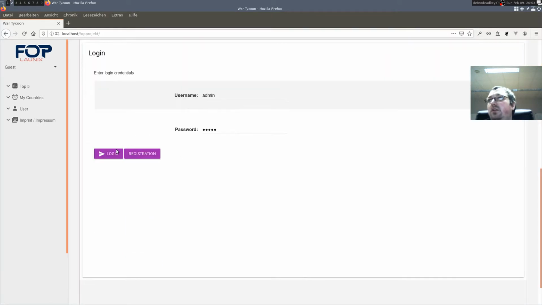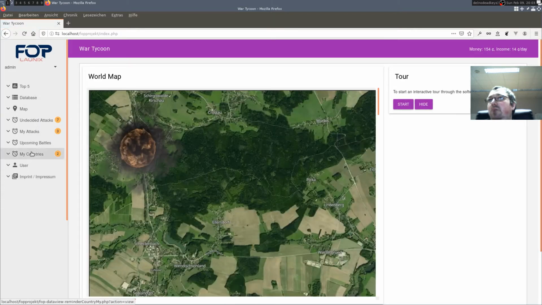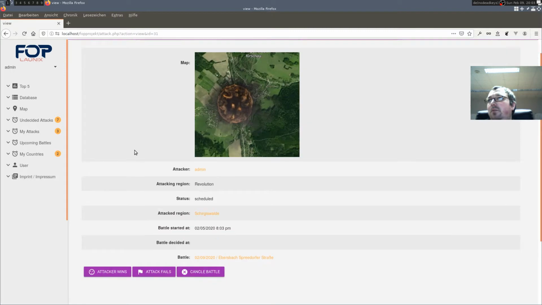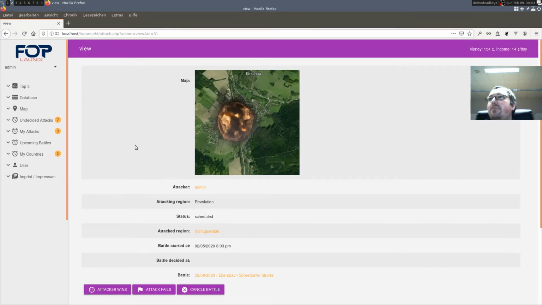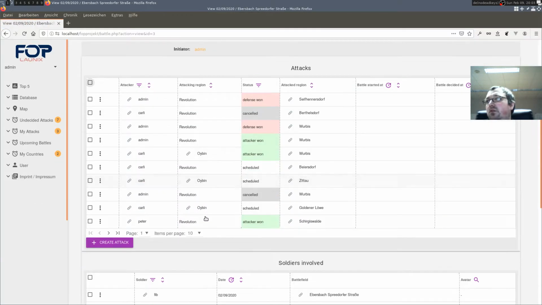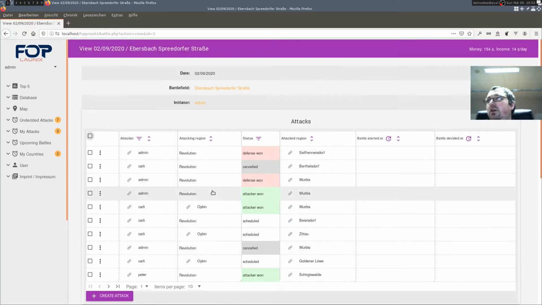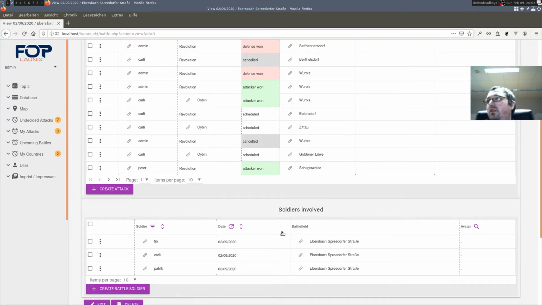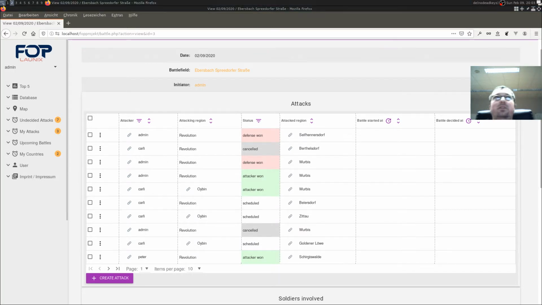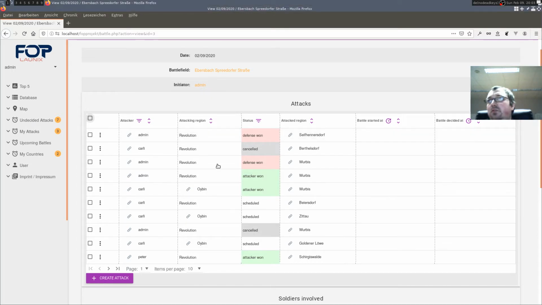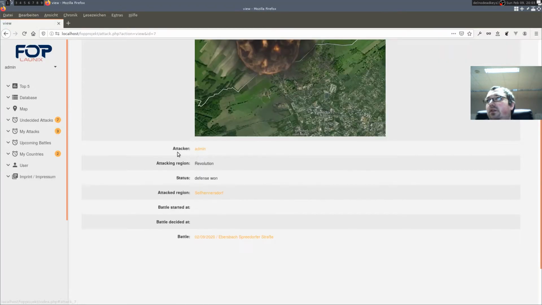We created battles. So if I click on a battle, I see the battle soldiers. So battle soldiers, we have our soldiers involved, and each battle has a lot of attacks and a lot of soldiers, and every soldier has to fight in every attack, since it's a software game, and yes, they meet once and fight all attacks. If I go into an attack,